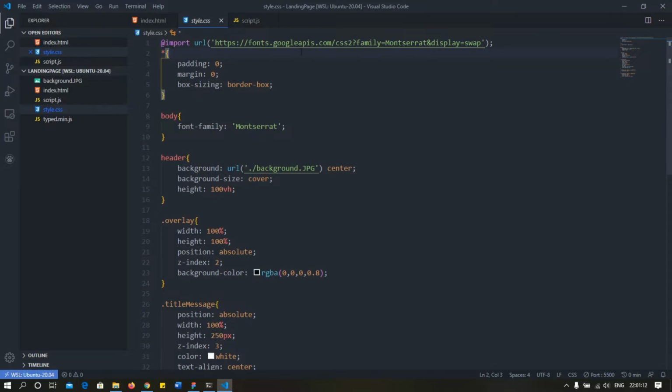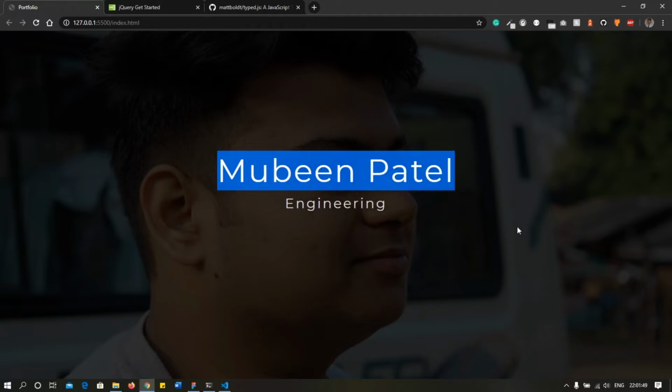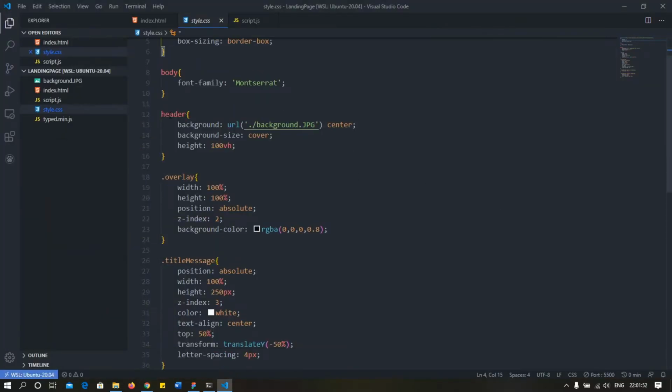Okay, so now we go in our styles and we see that I have imported this Montserrat font from Google Fonts. You can use any font that you like. This is the font that I preferably choose. Now I have reset the basic margin and padding. If you don't know what this is, I have explained this in my previous videos in depth, so you can check them out. So basically I have just cleared the padding, the margin, and the sizing of the default browsers, and then I have given the font Montserrat to each and every element, because I only have two elements right here. You can use the fonts you have.